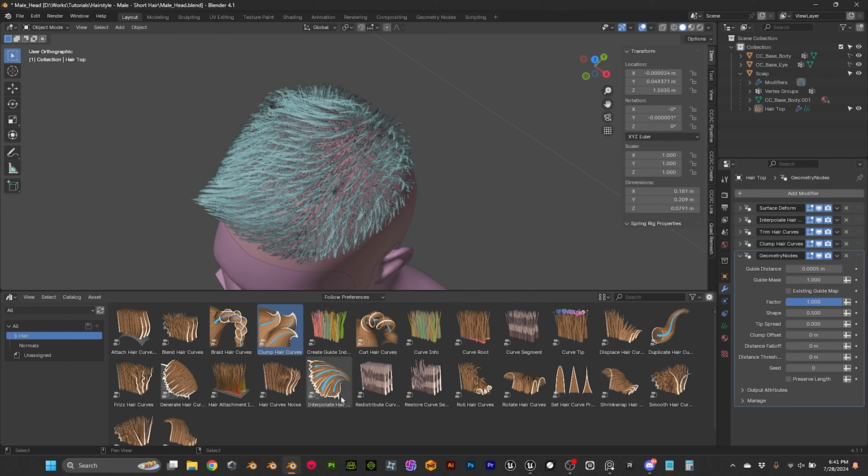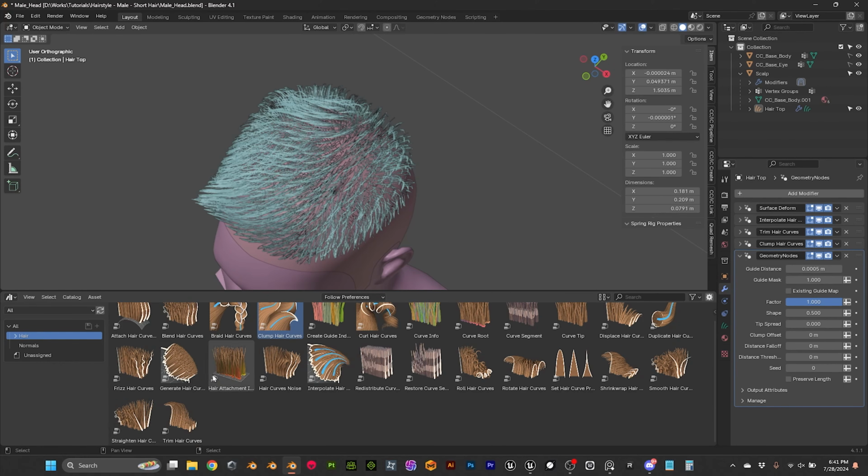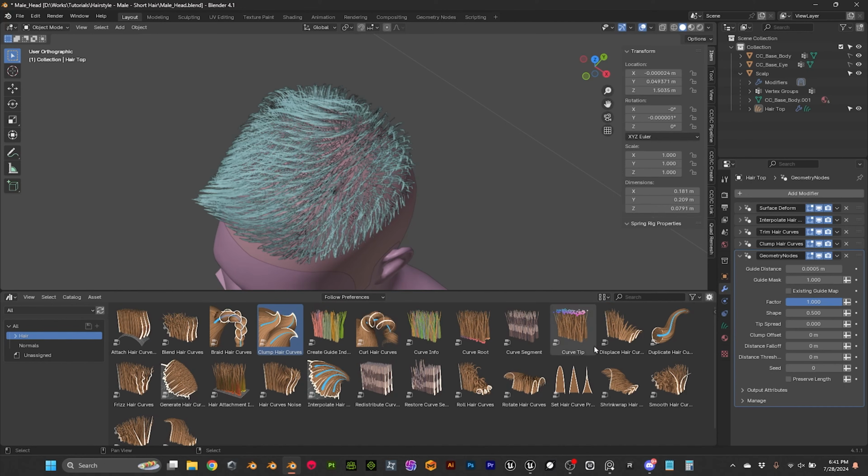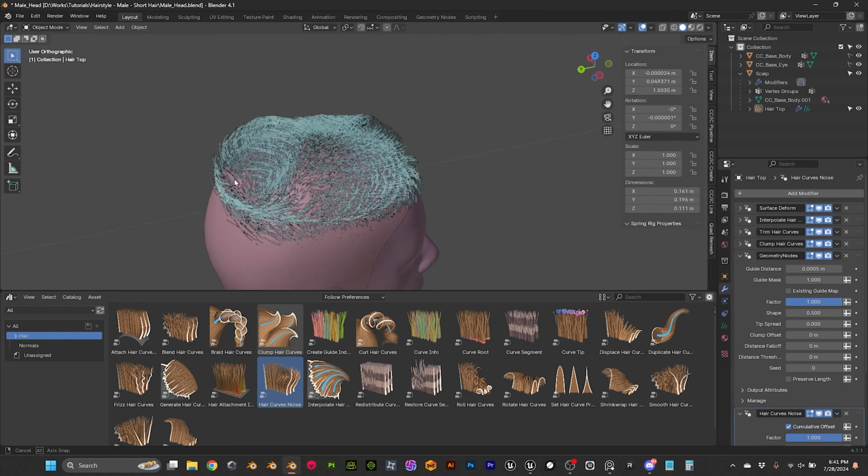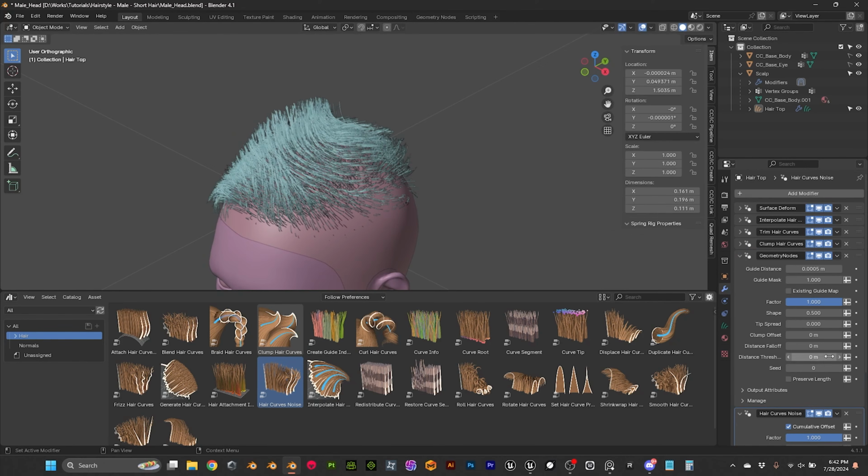And where do we have our noise? Freeze is a good one as well. Straight, no, and there is a noise somewhere. Here, hair curve noise. So the same, I'm gonna just drag it there, and then we are gonna,